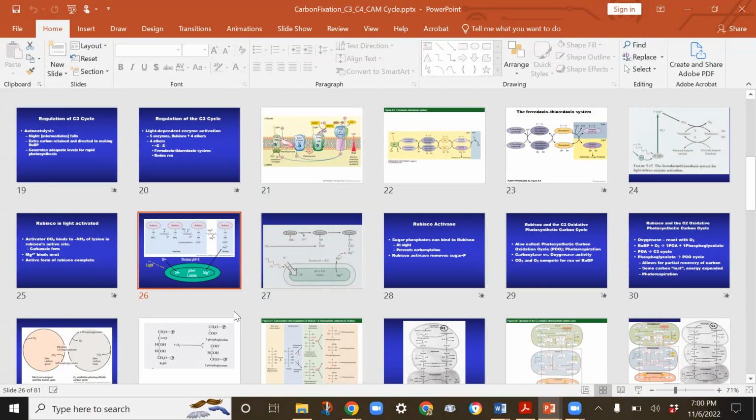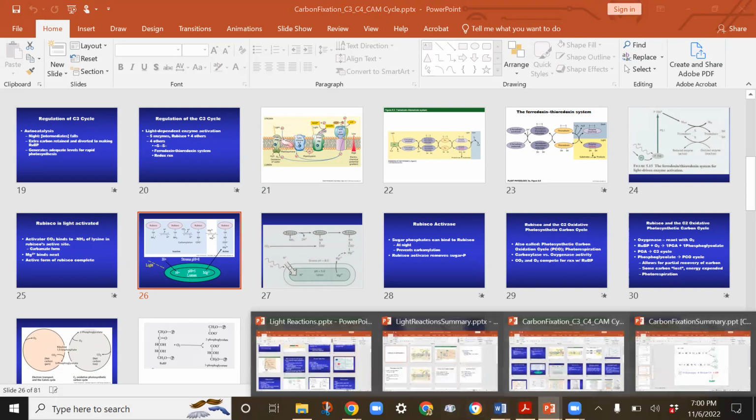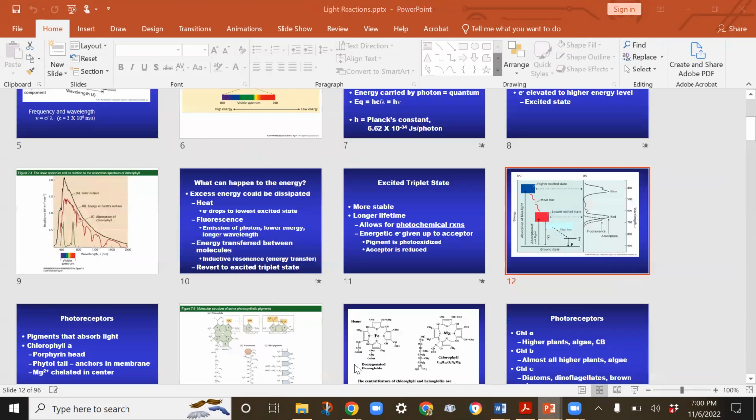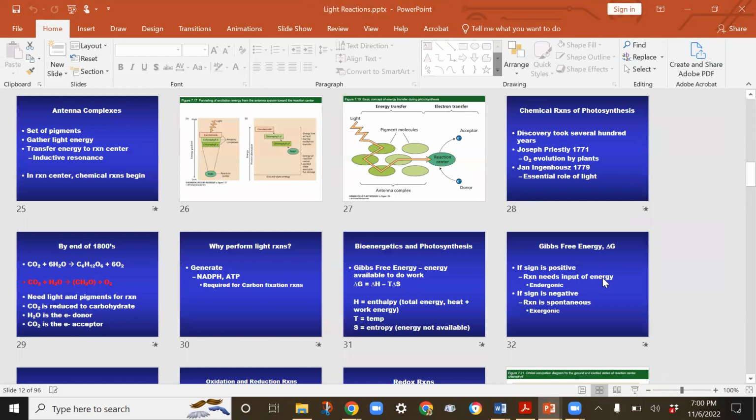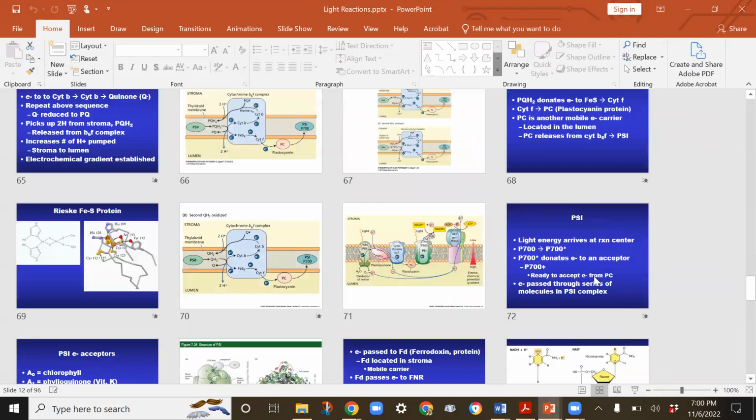Photosystem what? Oh. So we got the light reactions. Damage. So damage, we got